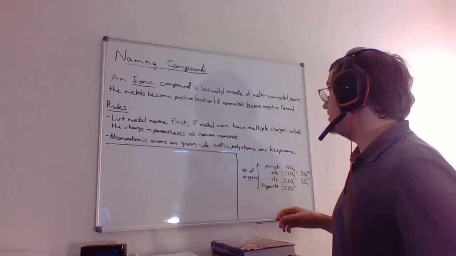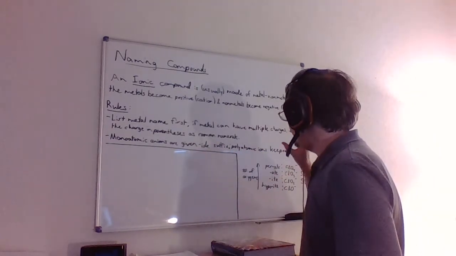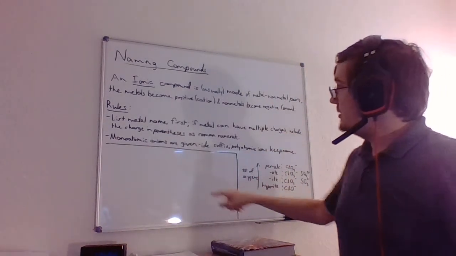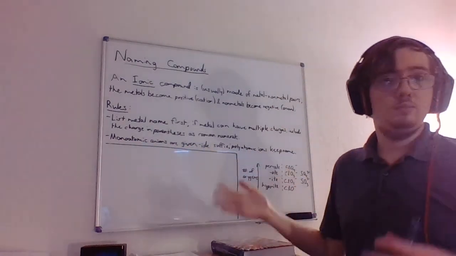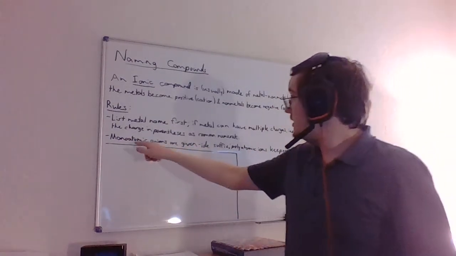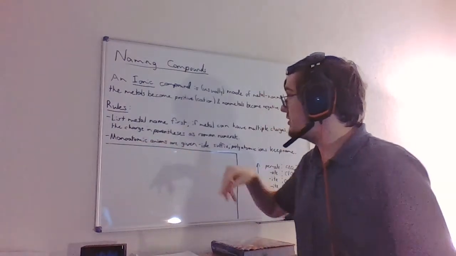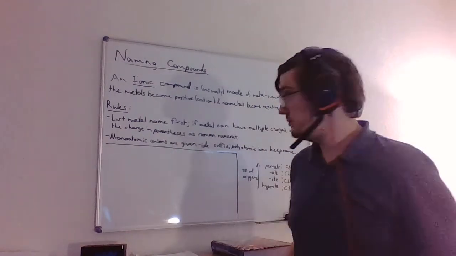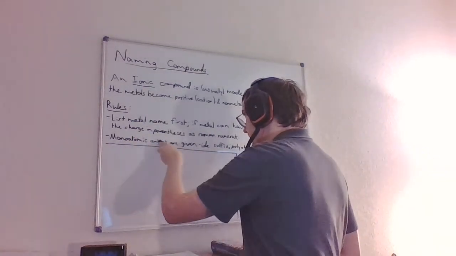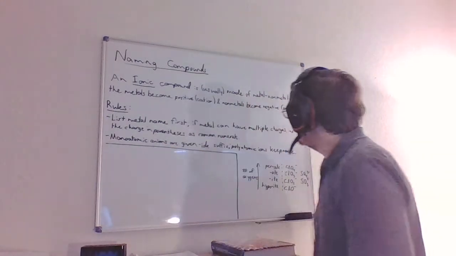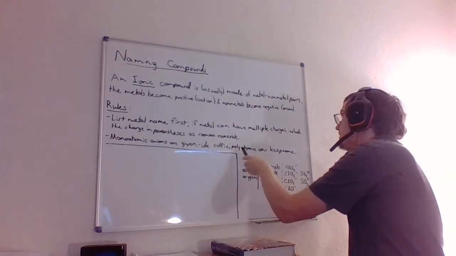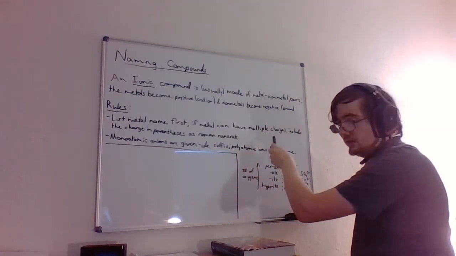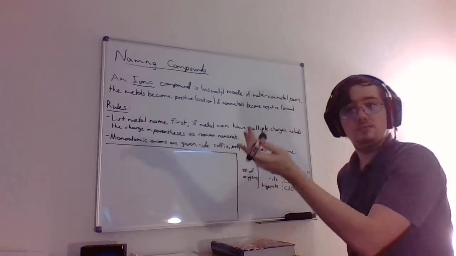Then the second part is dealing with the nonmetal, the anion. Now, there are two different types, monoatomic and polyatomic. Mono just means one, so a monoatomic anion is just a fancy way of saying it's a negative ion that only has one atom. Monoatomic, one atom, anion, negative ion. Polyatomic ion means, poly just means multiple, so multiple atoms, and then negative ion. That's all it means.